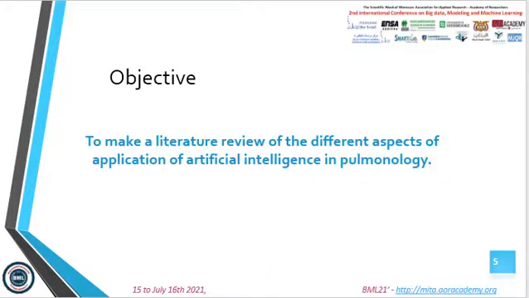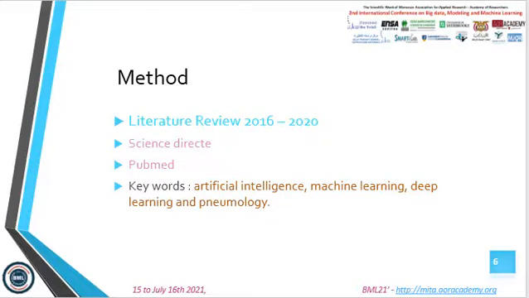The objective is to make a literature review of the different aspects of application of artificial intelligence in pneumology. This is a literature review between 2016 and 2020, searching on ScienceDirect and PubMed databases using the keywords artificial intelligence, machine learning, deep learning, and pneumology.